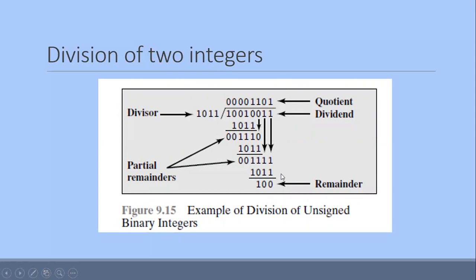But all of this you have dealt with in decimal format. Today we are going to discuss how we can divide two binary numbers, how we can divide one binary number by another binary number. Here we have this as our dividend. This is 147, and we are dividing it by 11. If you calculate, you will see this is 147 and this is 11.